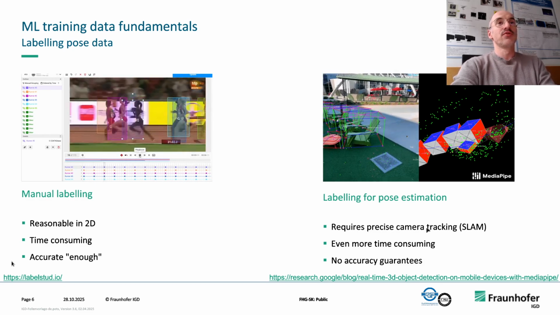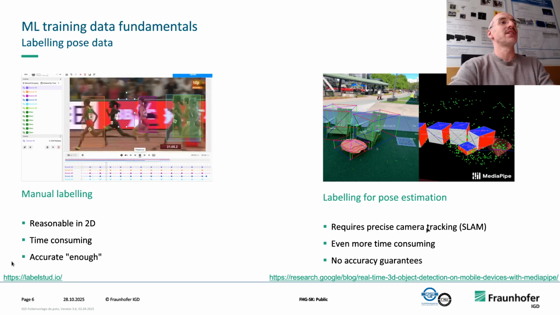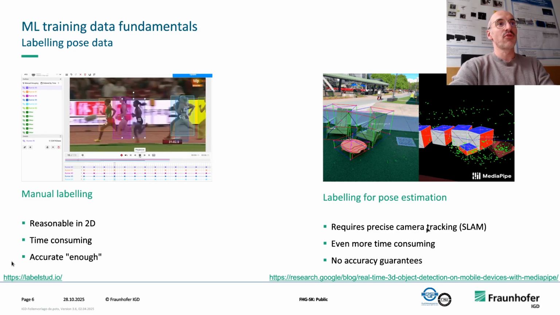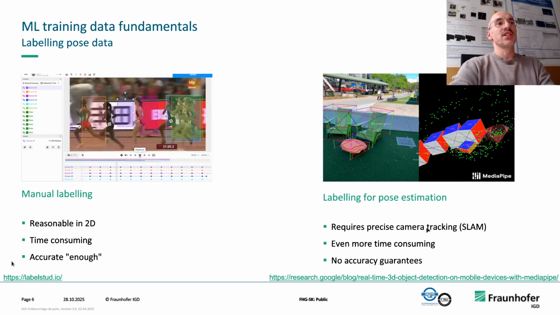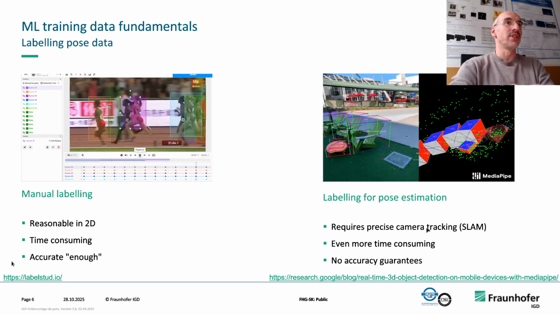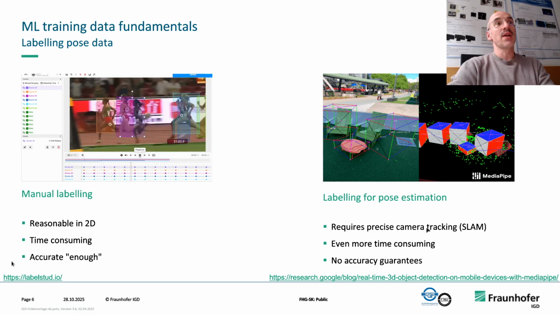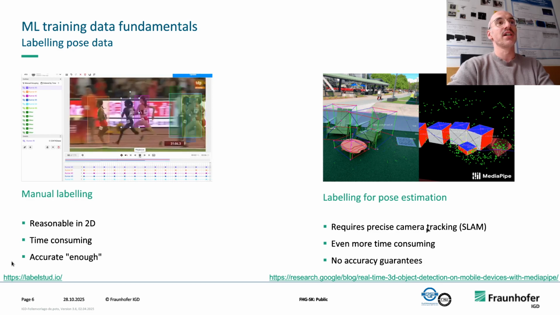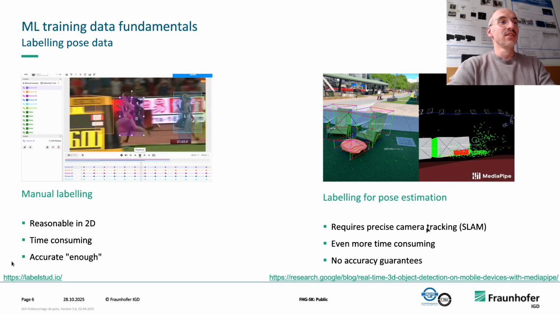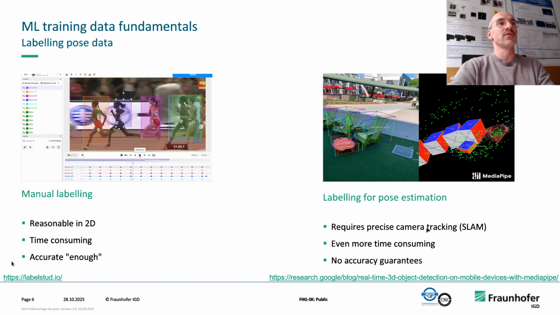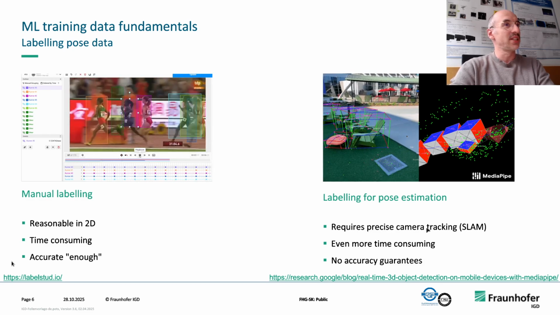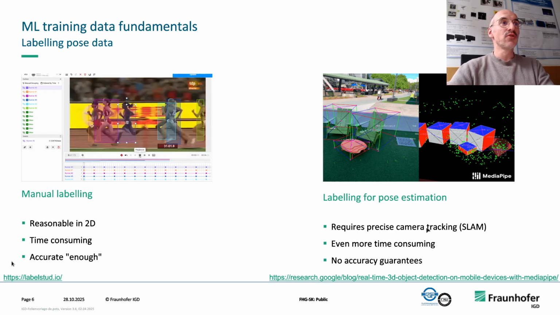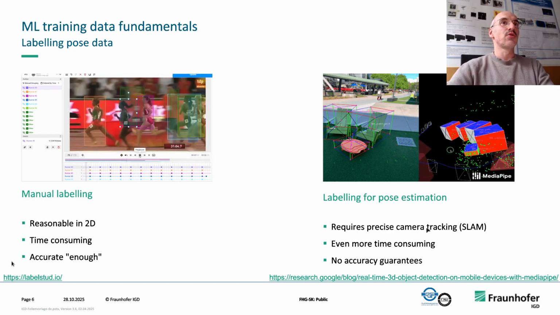The same can be done for 3D, as you can see on the right hand side, but it is even more time consuming, and it also requires precise camera tracking like a SLAM system, because if your camera tracking is imprecise, your data will be imprecise too. And it's more time consuming because you need to look at the bounding box from different camera angles to see whether you placed it correctly. And still you cannot give any accuracy guarantees because you cannot promise whether your bounding box is precise to millimeters or centimeters or whatever. Before I want to give you a better solution for 3D data annotation, let's talk about